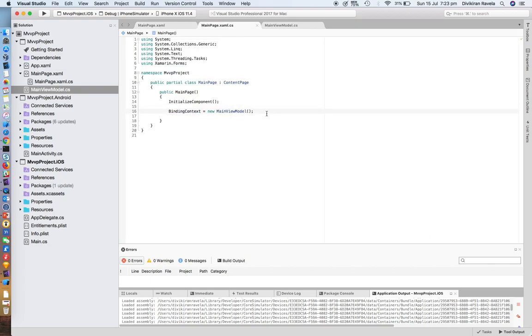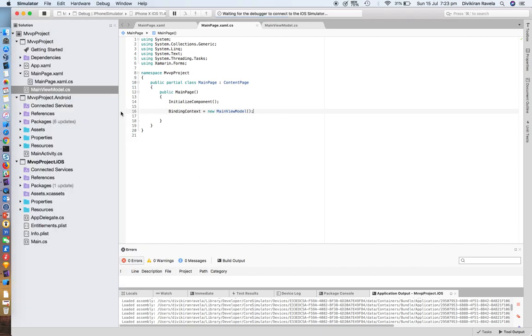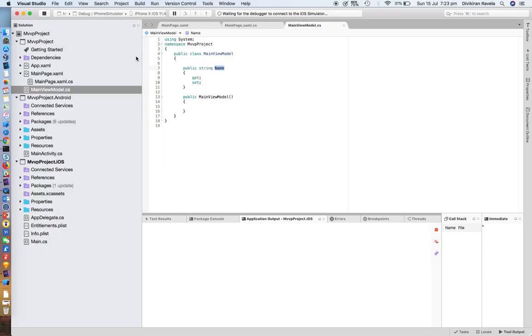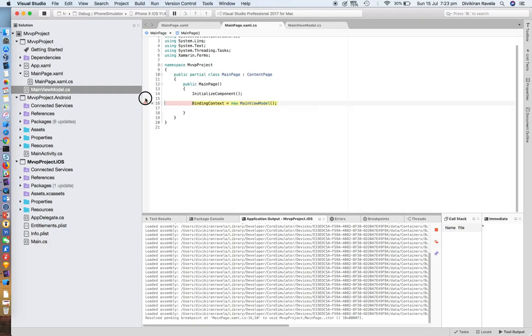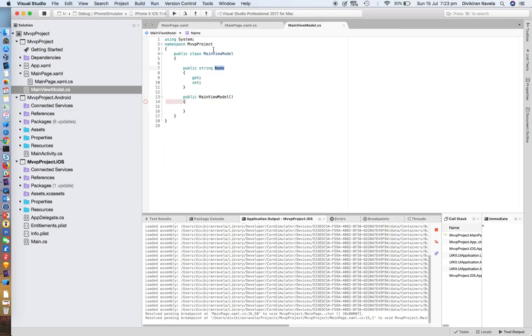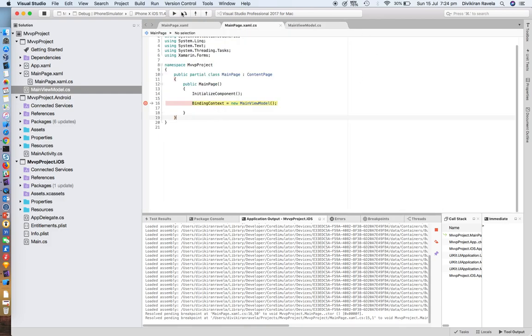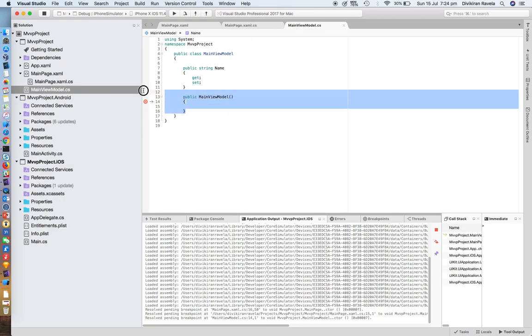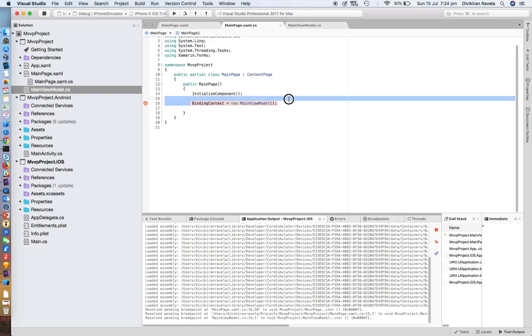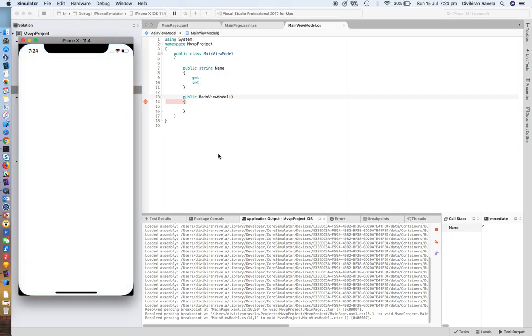So now when I load this project into the simulator, let's put some breakpoints in the view model and the main page first. As you can see, it's loaded the main page now, and the moment the constructor of the page runs, it should go and hit the view model as well. That's because we are creating a new instance of it. At this moment Name is set to null, so we don't see any text